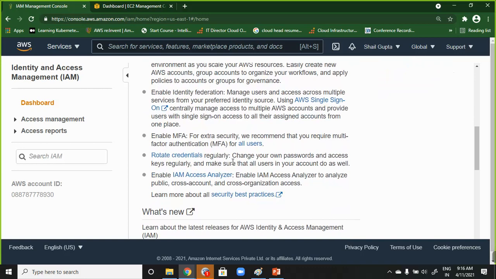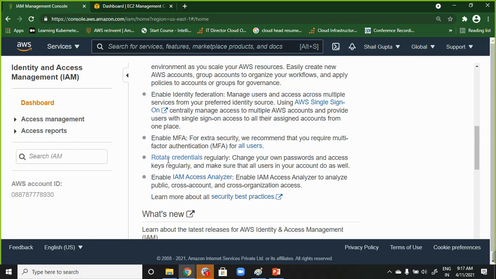Enable MFA. For extra security, we recommend that you require multi-factor authentication for all users. Rotate credentials regularly. Change your own passwords and access keys regularly, and make sure that all users in your account do as well. And last one is enable IAM Access Analyzer. Enable IAM Access Analyzer to analyze public, cross-account, and cross-organization access. So here